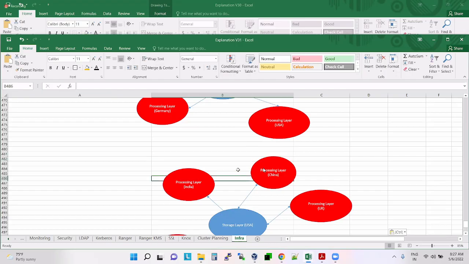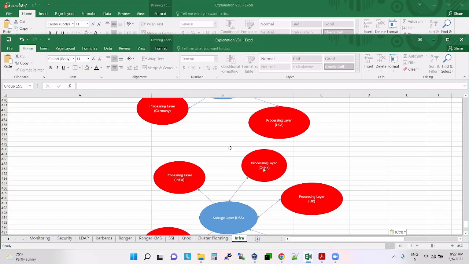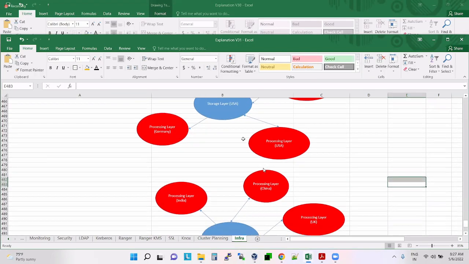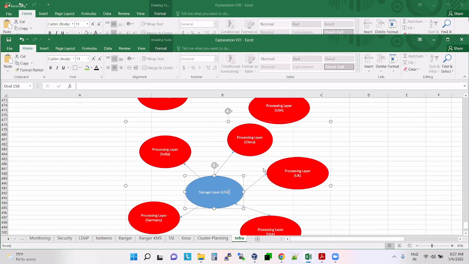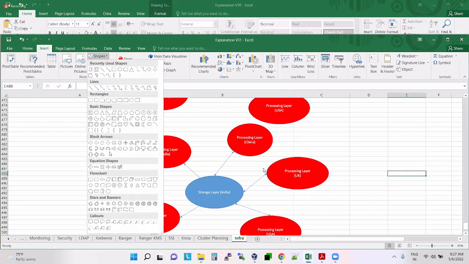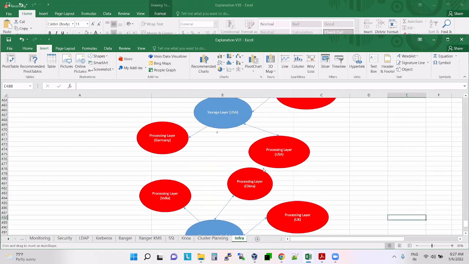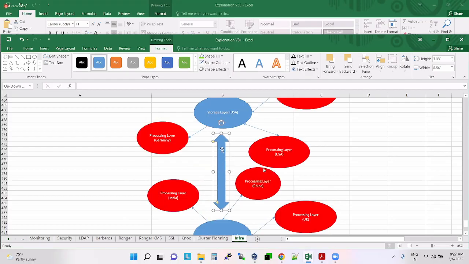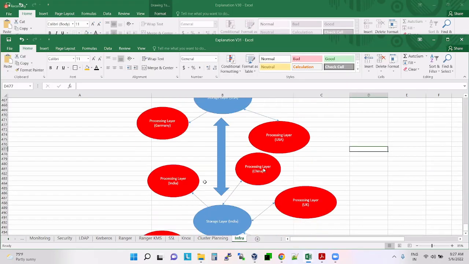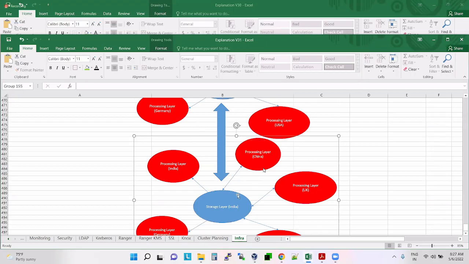We are replicating the storage in a separate place. So one storage is here, one storage in India, and you will have a link between these two, with continuous replication. Whatever data we have in USA, the same thing is in India also now.